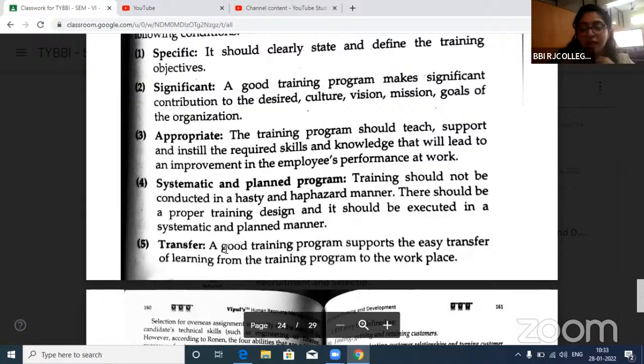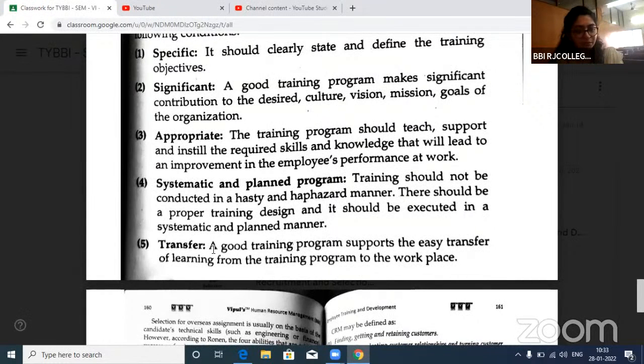Okay, suppose I learned the software in the training. So I should be able to operate that software. Otherwise, what is the need of getting employees trained? If even after training you are not able to use the software, then what is the point of giving training to employees? After training, you are expected to perform the job